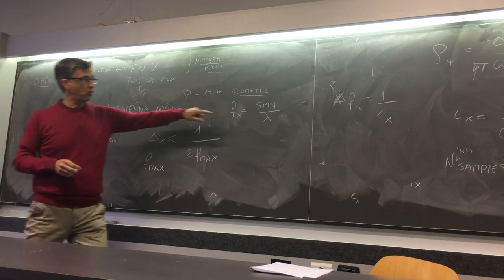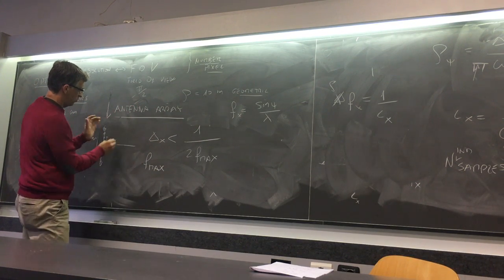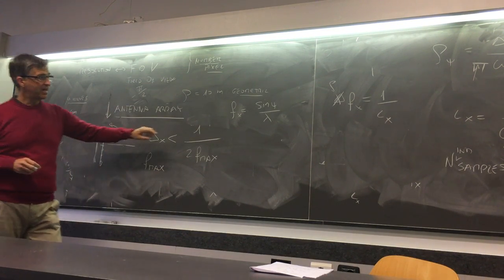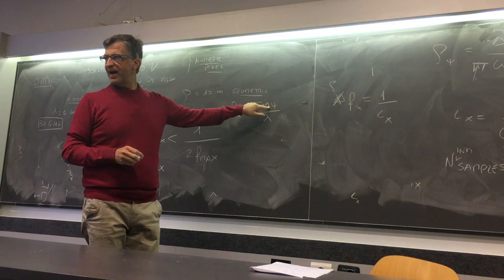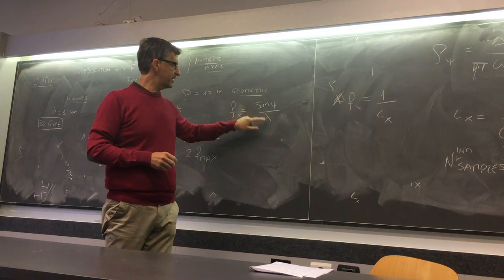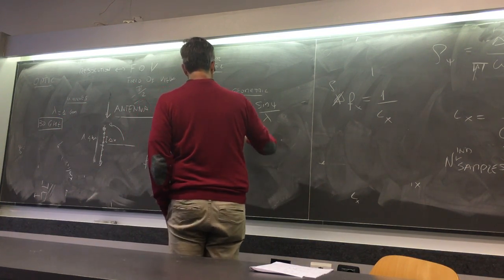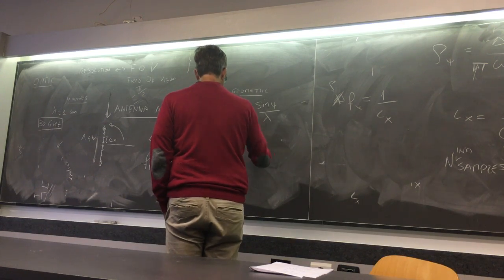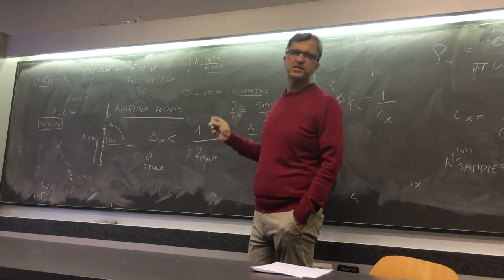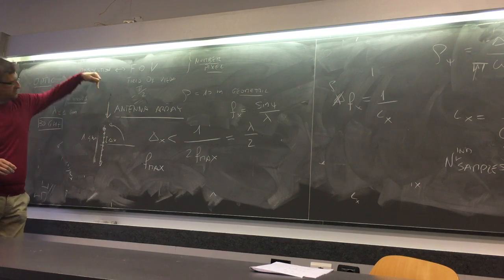This is when psi, remember that psi is this, the angle of the coming of the signal with respect to the vertical, is pi/2. The sine of pi/2 is 1, so 1 divided by lambda. So you can put it in this way, lambda divided by 2, okay? So if you make the sampling lower than lambda/2, you are always good,